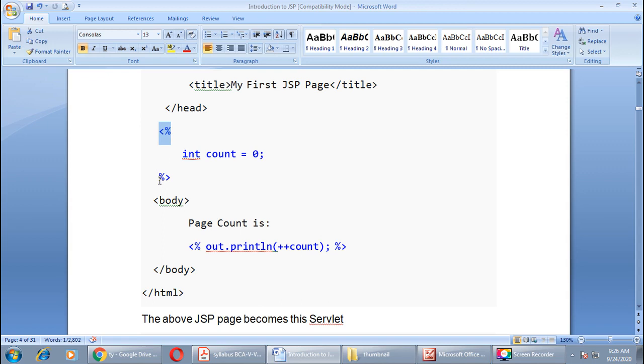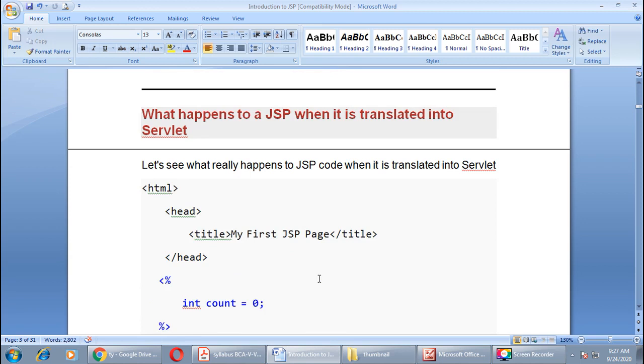As you can see, this is a tag used for JSP, right? And you can do your coding in between these tags. Here also, second time we use the JSP tag. Again, I have done some coding between these JSP tags for printing something on our web page. Okay, let us try to understand the code.